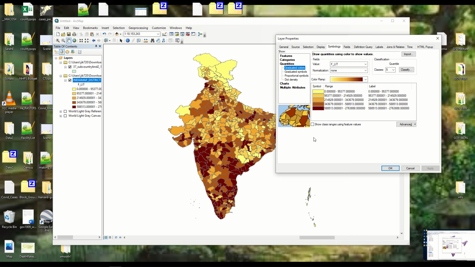In order to handle the idea that the phenomenon you're seeing is really just population, we can use this normalization option. This basically just divides our variable here by another variable in the table. In this case, if we wanted to know a rate, of the women, where are the most literate, we could divide female literacy on each polygon by female population on each polygon. And that gives us something like a percent. So now when I hit apply,